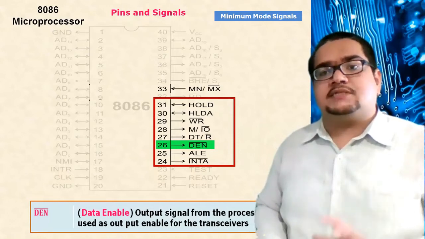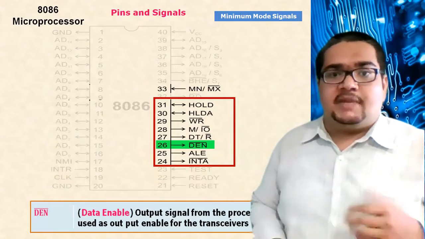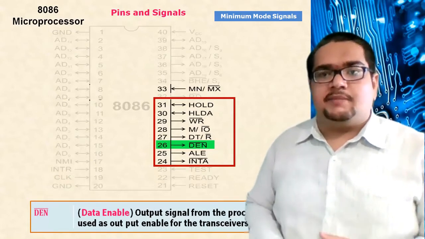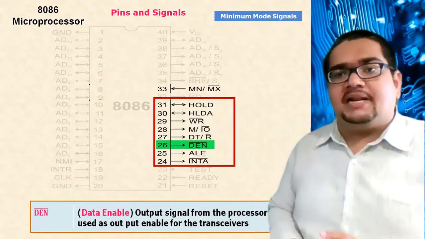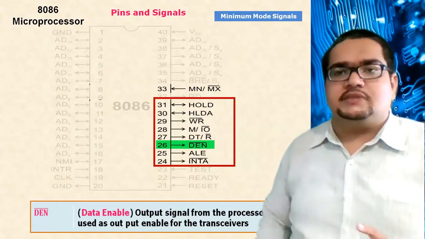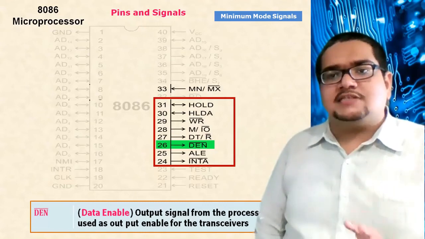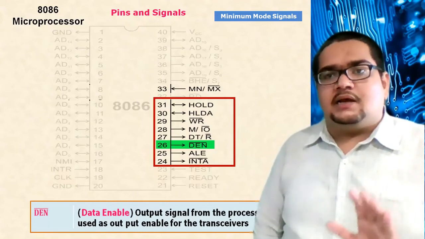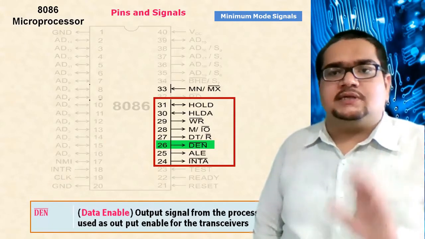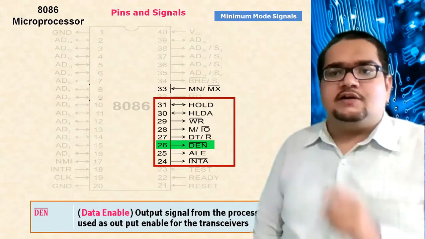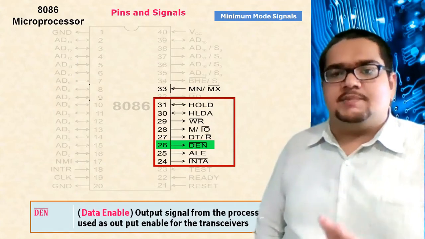Before the next cycle starts, these operations sometimes may not complete. Operations may start at the processor for the next cycle, but the memory devices and IO devices, which are generally slow when compared to the processor, may not have completed that action of data read and write. So this DEN bar and ALE signals will help trigger the latches and buffers to store the address and data respectively. Latches will store the address and the buffers will store the data temporarily. For every one cycle they will store it. So every one cycle, previous cycle what address and data was there, it will be stored.